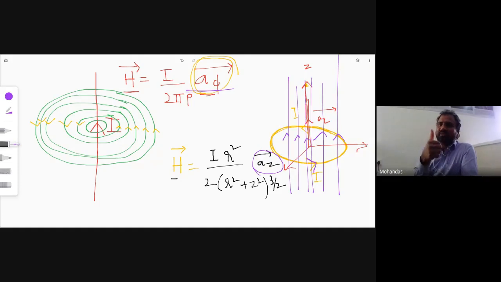The thumb rule is different for different types of conductors. If it is a circular type of conductor, the magnetic flux direction is shown by the four fingers, and the thumb points in the direction of the current. In a straight conductor, the thumb points in the direction of the current, and these four fingers point in the direction of the flux.